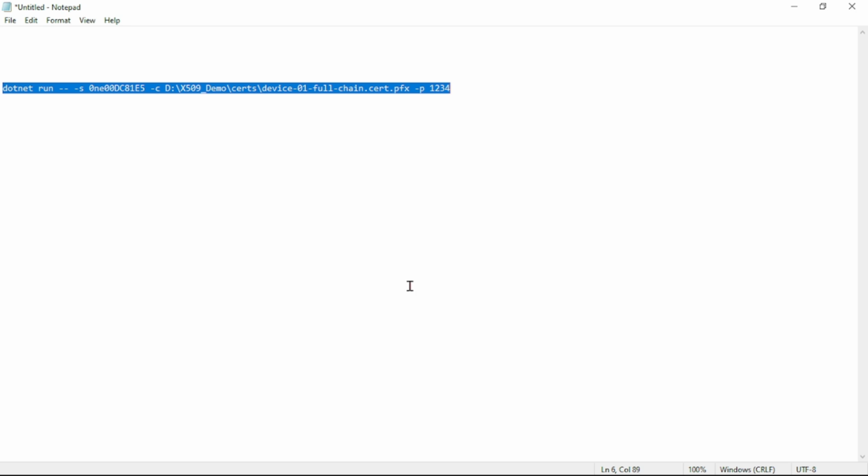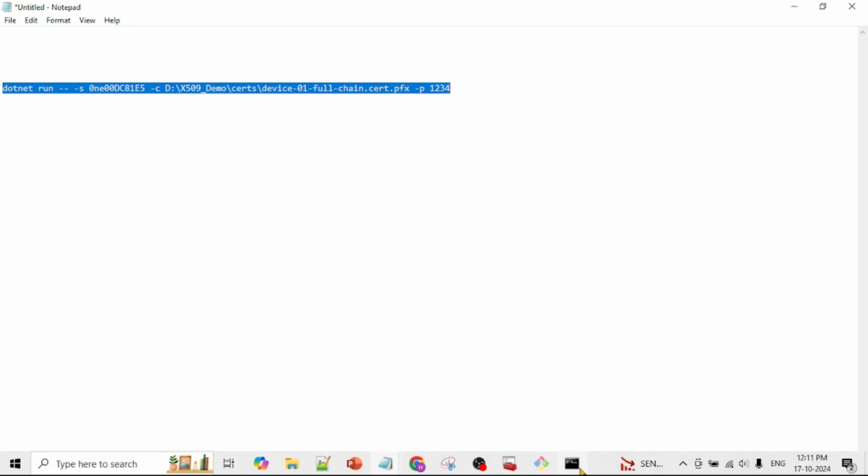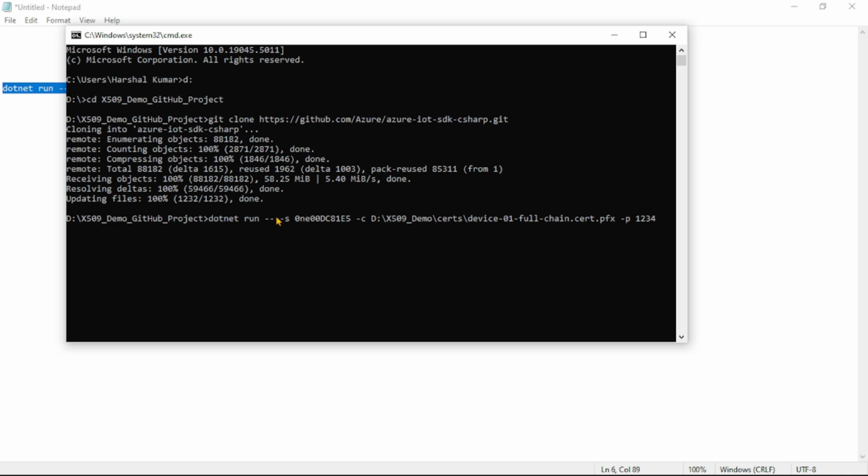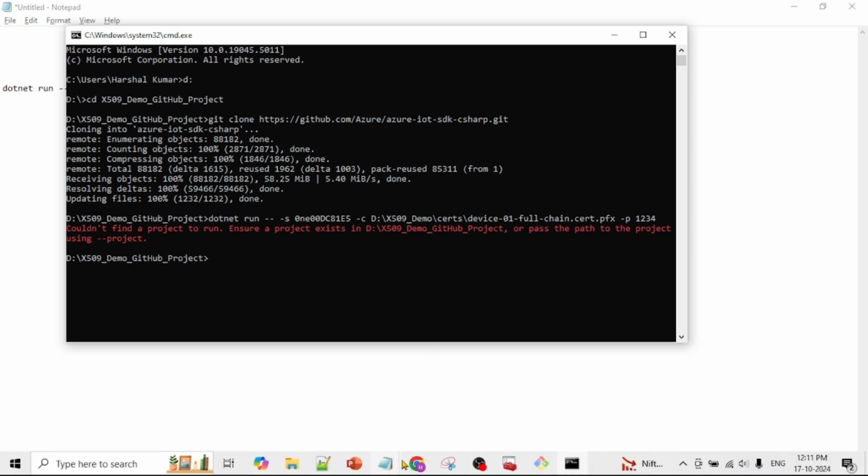and let's go back to our command prompt, and I will paste it over here. Let's say enter. Oh, we have made some mistake. Actually we need to navigate to some other folder, and let's find out where we need to navigate in command prompt.